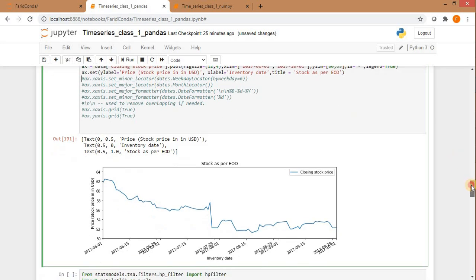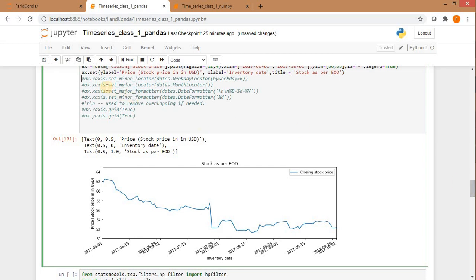The intention is I want to make this x-axis look great.